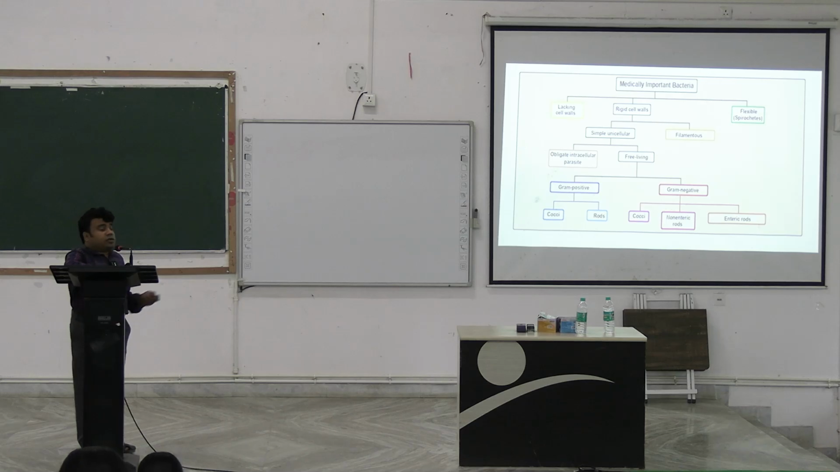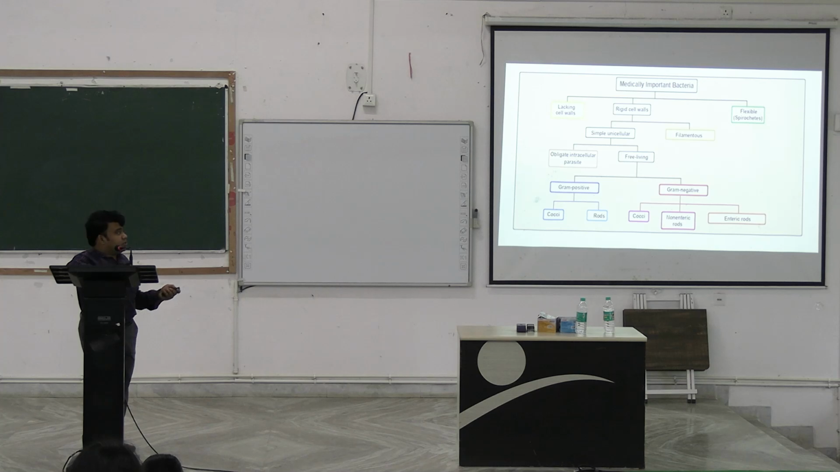Now, look at this chart. Medically important bacteria can be classified based on the shape. What are the shapes? I think you already know that bacteria have a cell wall, right? What is a cell wall? It's a covering outside the cell membrane. Okay. Human cells don't have a cell wall, but the bacteria do. And what is the function of the cell wall? It protects the bacteria from the environmental elements. But there are some bacteria which don't have a cell wall, or some have a very rigid cell wall, and some may have a very flexible cell wall. Again, among the rigid cell wall,